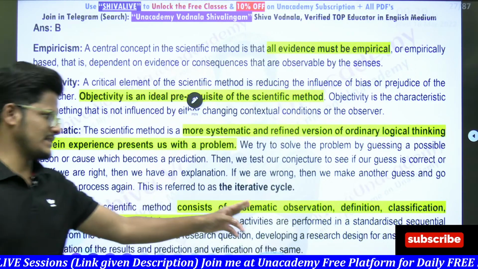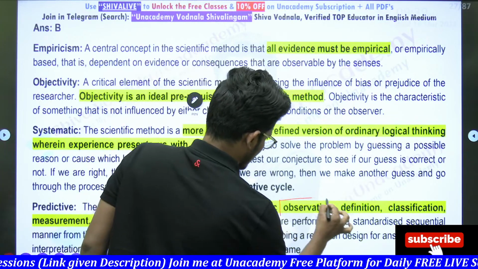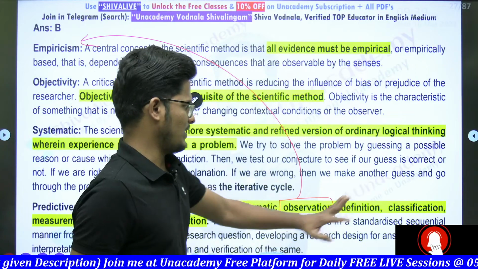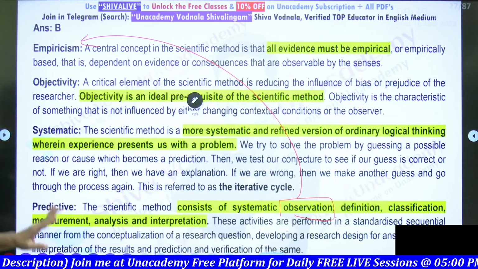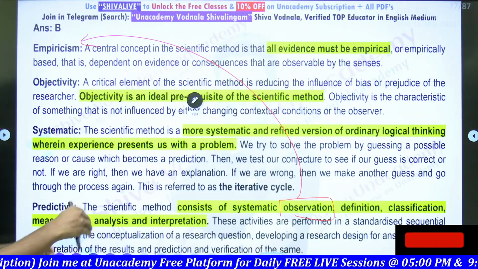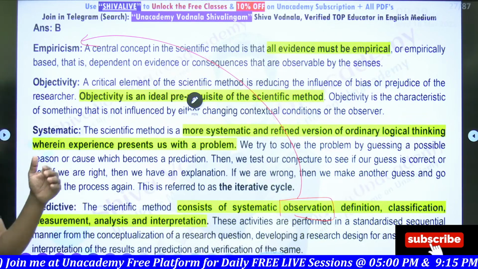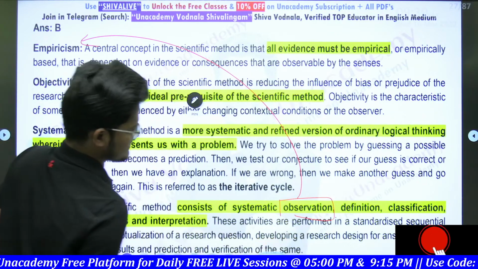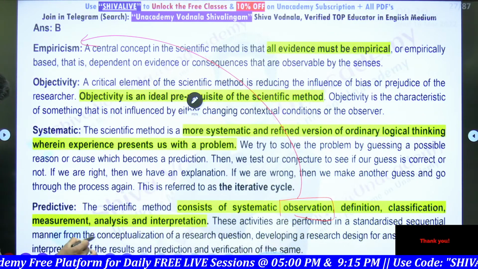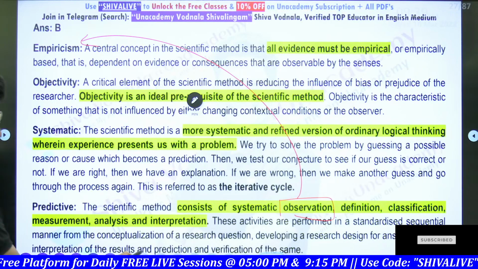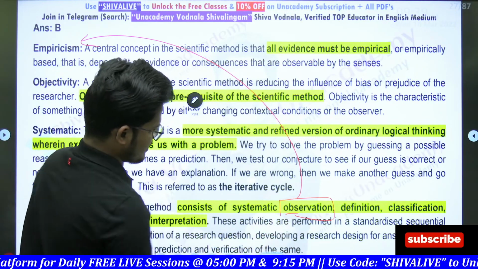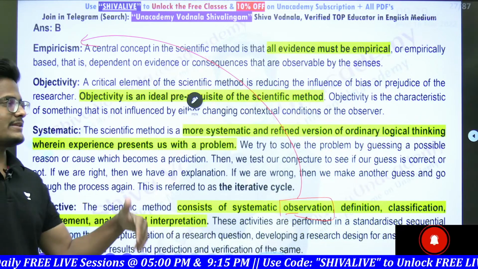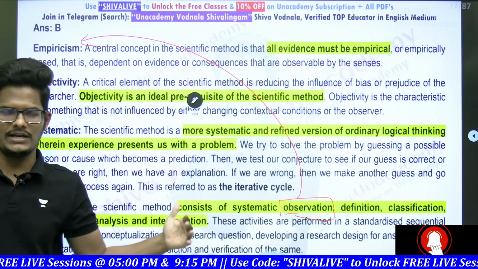It consists of systematic observation, which is nothing but empiricism, right? Definition and classification and measurement analysis. Based on this, proper estimations can be done in the future, based on manipulation and non-manipulation. These activities are performed in a standardized sequential manner from the conceptualization of a research question. So by taking all this observation, definition, classification into account, we can predict the outcome of research very easily